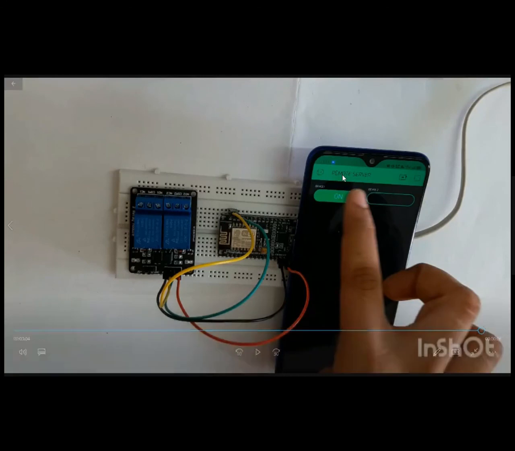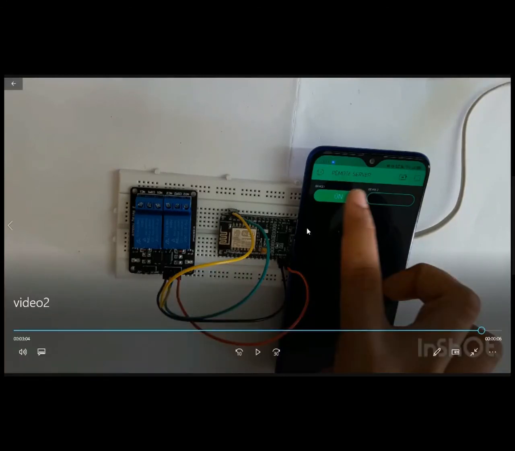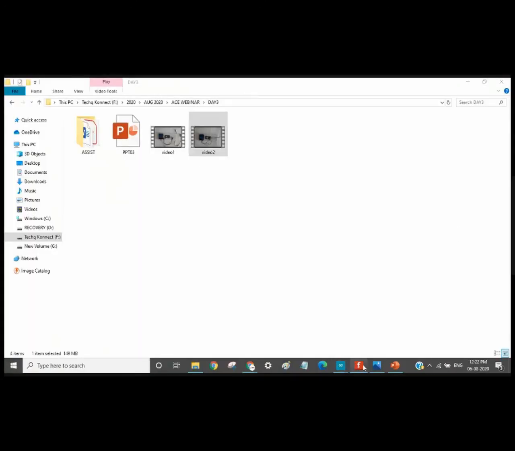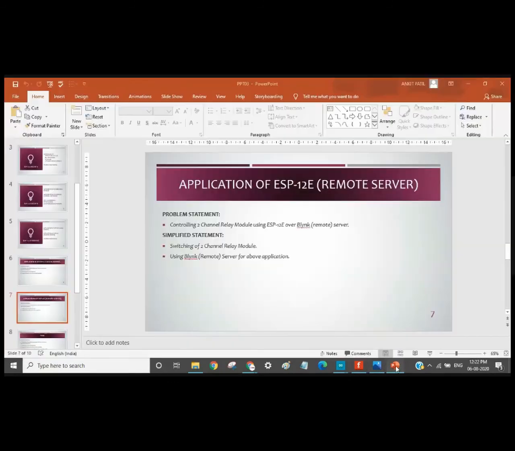So if you have any doubts regarding this part, you can ask. You can also add multiple slider buttons or anything you want here. You can also add an LCD as per your requirement. If your project needs an LCD and you want a virtual display on your phone, you can add an LCD here. So this is a very cool app which you can use for your automation. If you have any doubts regarding this, you can ask your doubts now.